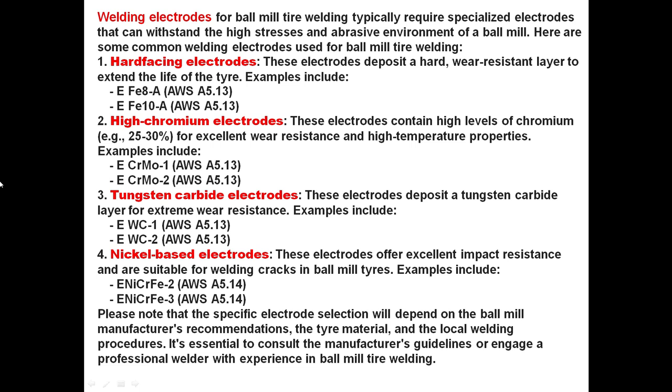Tungsten carbide electrodes: these electrodes deposit a tungsten carbide layer for extreme wear resistance. Example: EWC1 and EWC2. Nickel based electrodes: these electrodes offer excellent impact resistance and are suitable for welding cracks in ball mill tires. Example: ENI chrome Fe2 and ENI chrome Fe3. Please note that the specific electrode selection will depend on the ball mill manufacturer's recommendations, the tire material and the local welding procedures. It's essential to consult the manufacturer guidelines or engage a professional welder with experience in ball mill